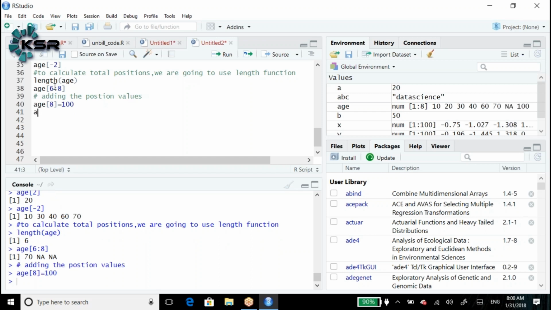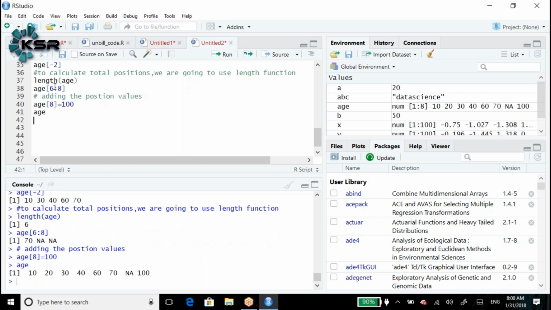Age of 8 is equal to 100. Now let me print the age again. See how it comes? 10, 20, 30, 40, 60, 70, and the 7th position is not available, so it gives NA and 100. Now I would like to check the data type, whether it is numerical data or character data. So how do I check?